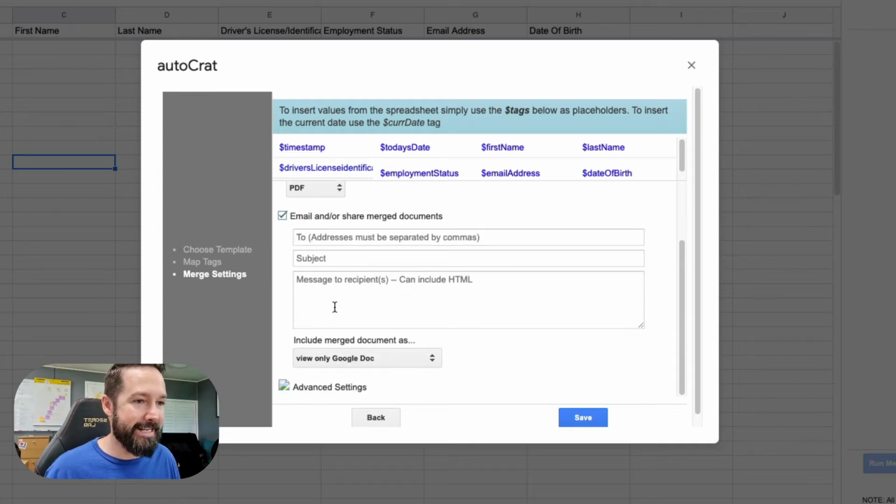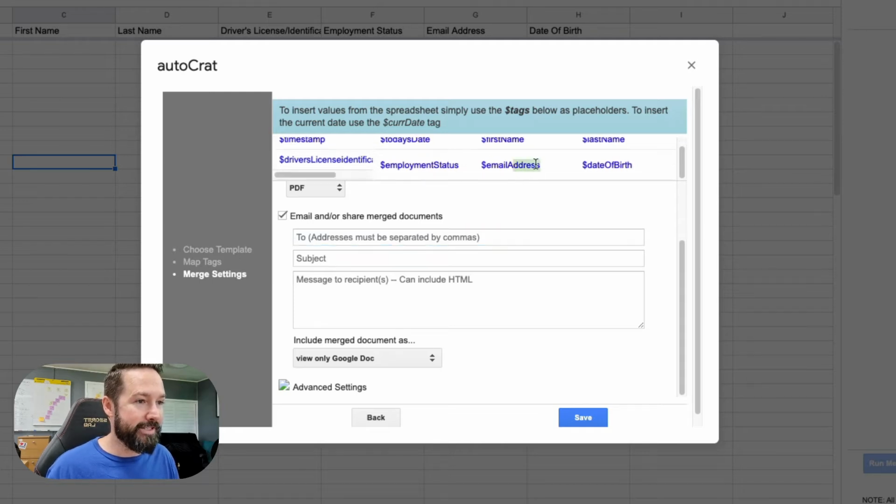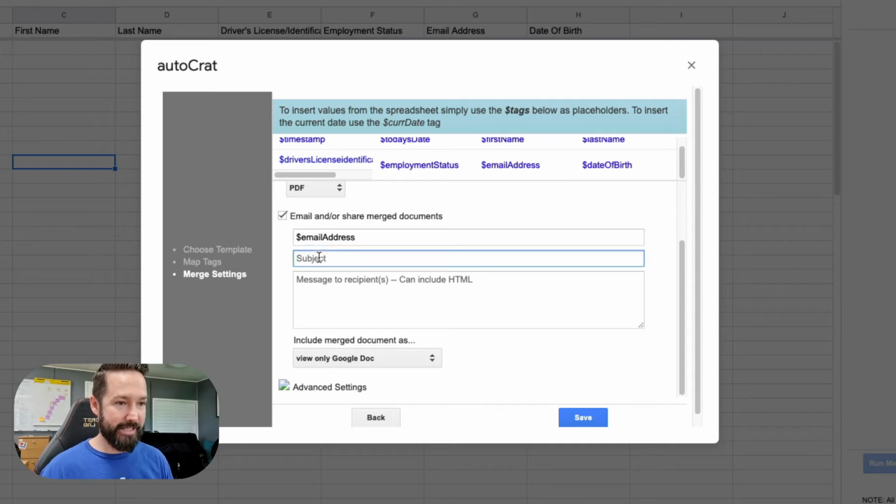And so if we actually email, we want to email to the address. Now, which address do we want to email it to? We've got the employees on the form, who will have populated their address. So we copy that and we paste it in there. So it's going to send that, and we put a subject line around it, which is going to be probably